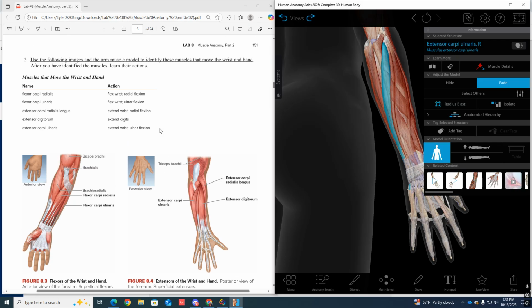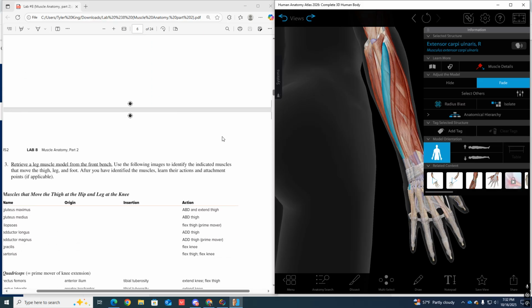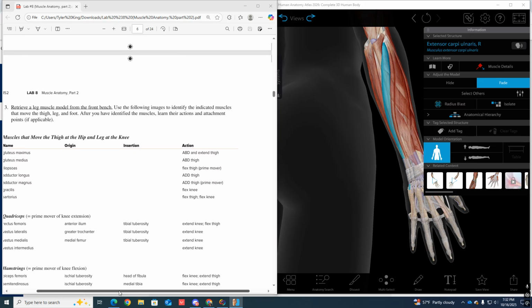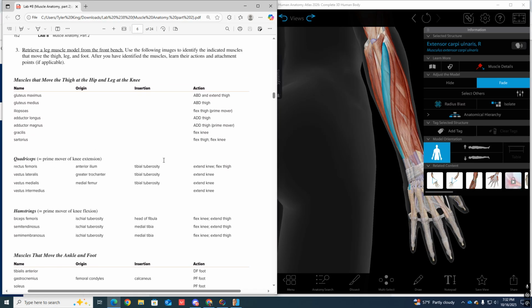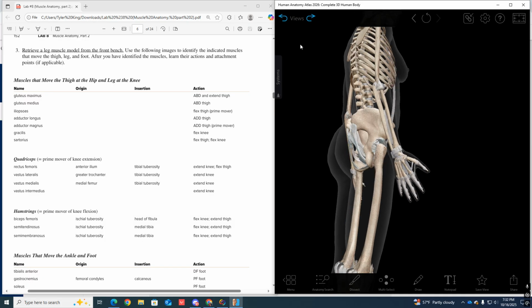So 5 muscles that we're asking you to know that move the wrist and hand, okay? Got some longer names, but the functions of them are all in the names, okay? The functions are all in the names. You guys got that. Boom. Easy. All right. So now we're going to move on to some of the muscles that act on the thigh